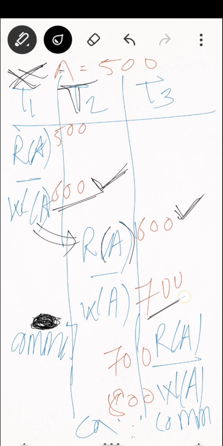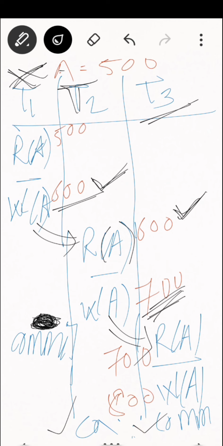ऑपरेशन परफॉर्म केल्यानंतर मी त्याला 700 रुपीज कन्सिडर केलं, म्हणजे after performing the operation I have updated it to ₹700. Likewise, whatever the value I have updated here, this value has been read by this particular transaction T3. या T3 नी this value 700 has been read, and after performing it has been read as ₹800. आता बघा, याने 600 घेतलं आणि तो कमिट झाला, याने ₹700 घेतलं म्हणजे रीड केलं आणि तो कमिट झाला.